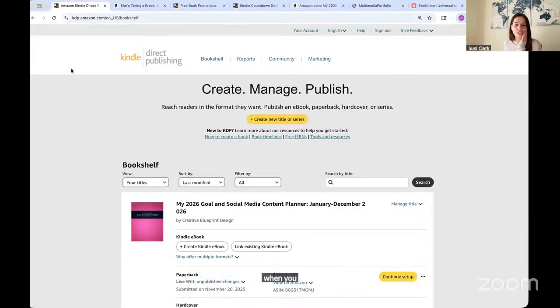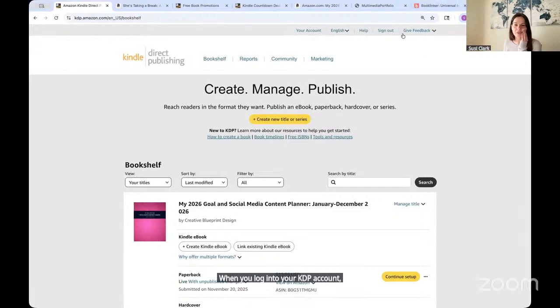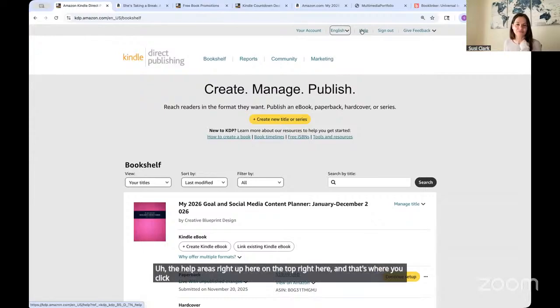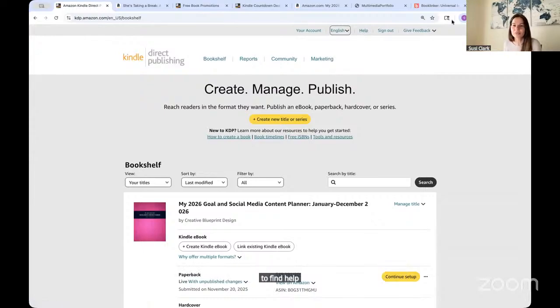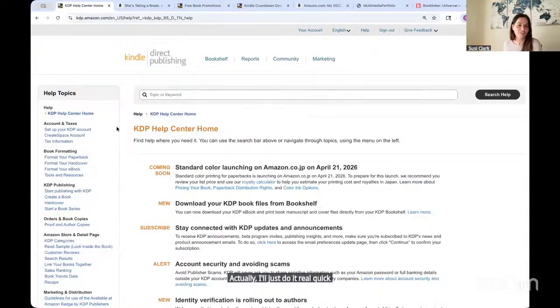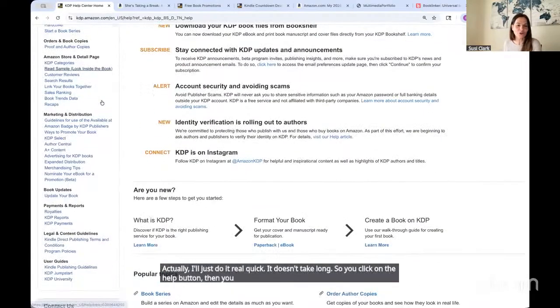When you log into your KDP account, the help area is right up here on the top right. And that's where you click to find help. Actually, I'll just do it real quick. It doesn't take long. So you click on the help button, then you scroll all the way to the left